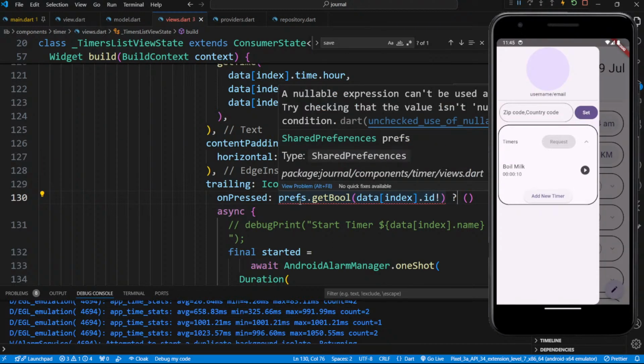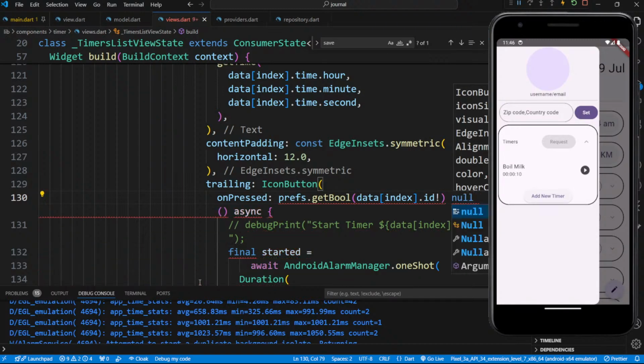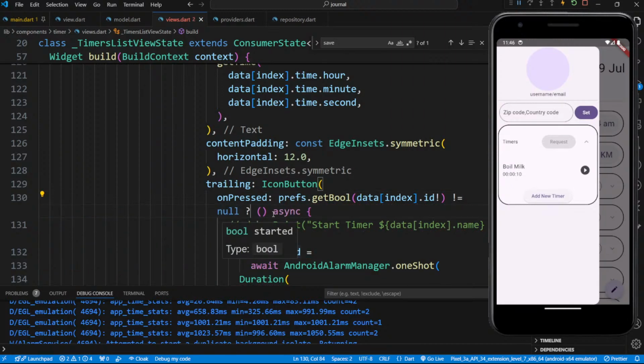Nullable expression can't be used as a condition, right? This can be null. If it's not there, it will be null. So is not equals to null. If it's not equals to null, means it is there,